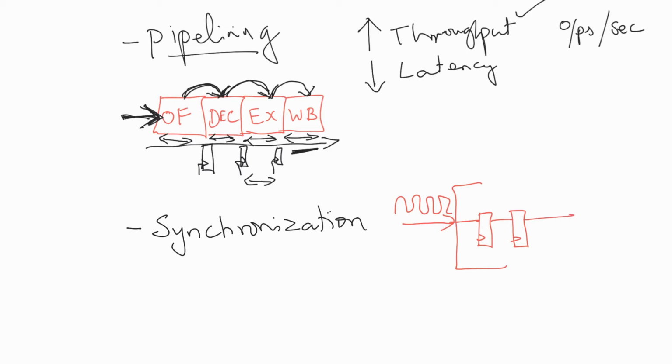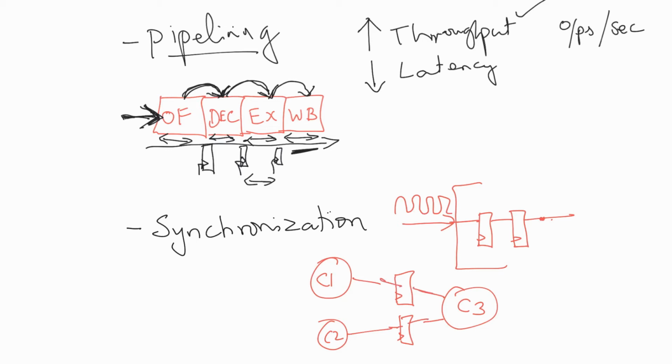The data coming out of, say, the second or third flip-flop will be a stable value. Or for example, you have two combination logic blocks feeding data into another combination logic. To ensure that both data are getting into the third combination logic at the same time, we will put flip-flops,